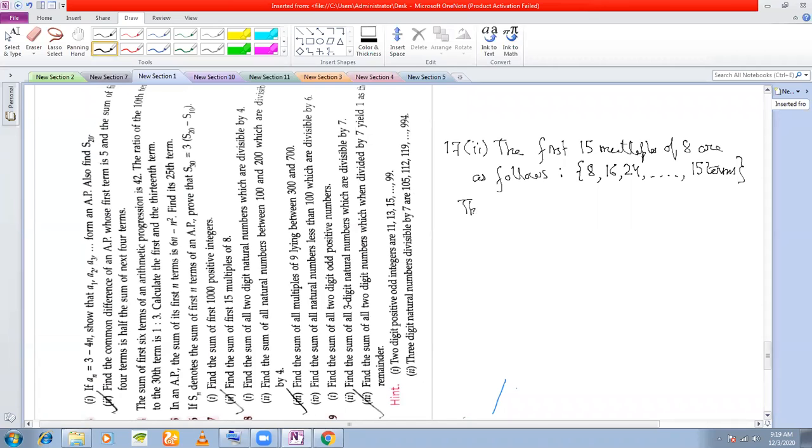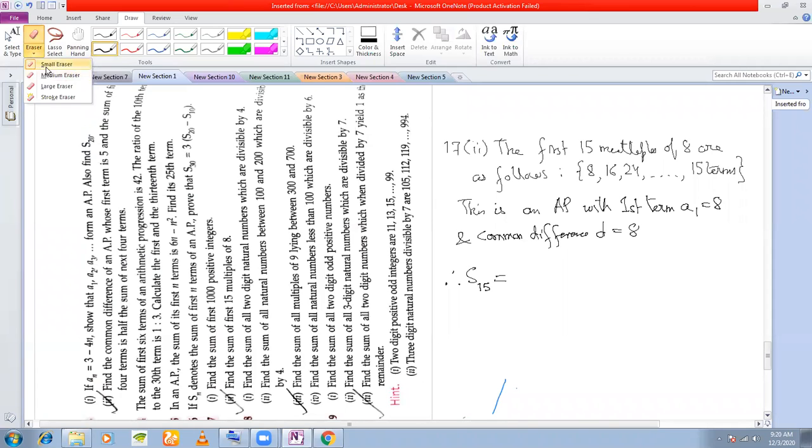So this is actually an AP with first term A1 is equal to 8 and common difference. What is the common difference? 8. D is equal to 8. Now what do you need to find out? If you want to sum up the first 15 multiples, therefore you want to find out S15, right? Sum of the first 15 terms of this AP. So S15 is,